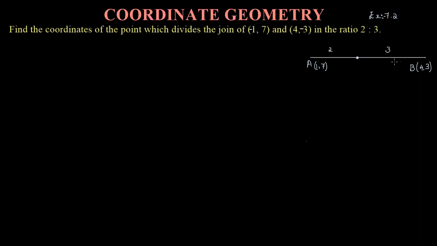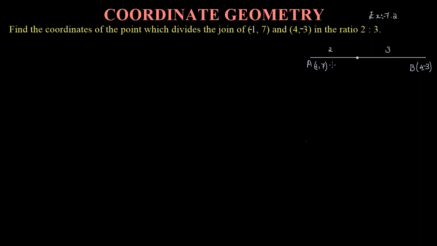So I have just drawn a line here and I have named the endpoints of this line as A and B. For A, I have given the coordinate that they have given in the question, -1 comma 7, and B has the coordinate 4 comma -3. Okay, and there is one point in the middle of these two. Where does that point lie? We don't know. It is not necessarily at the center. It is not equidistant. So it is anywhere on this line.